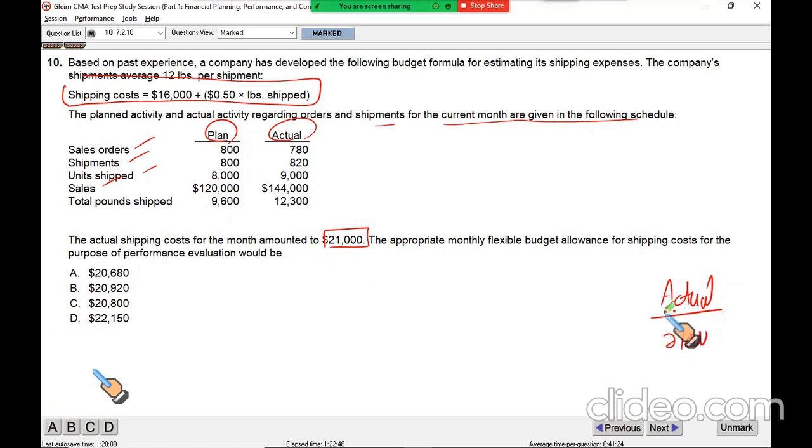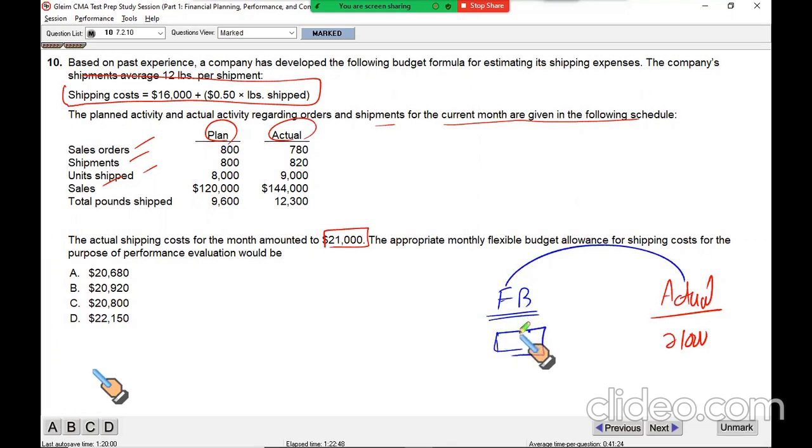What we should do is calculate the flexible budget. What should be the amount with which we should compare the actual result? I told you, you should compare your actual with flexible. That is a more meaningful variance. That is more helpful for performance evaluation and for cost controlling purposes. And that's what our intention should be.